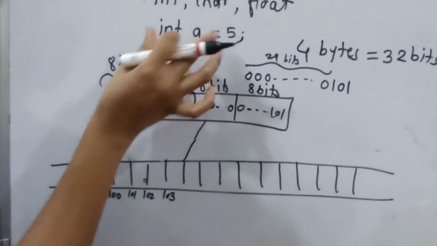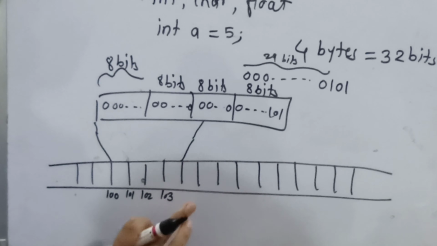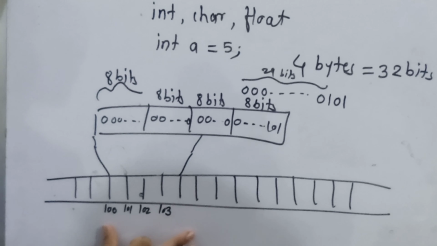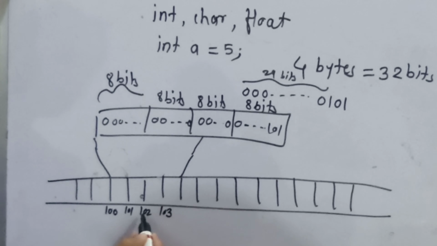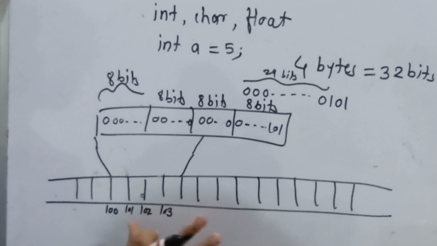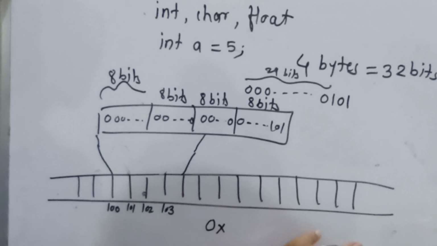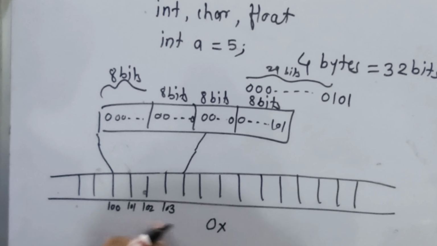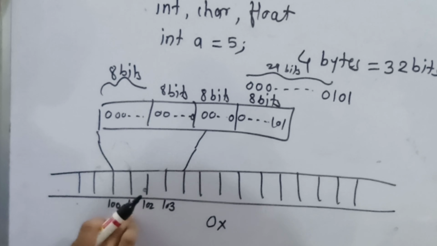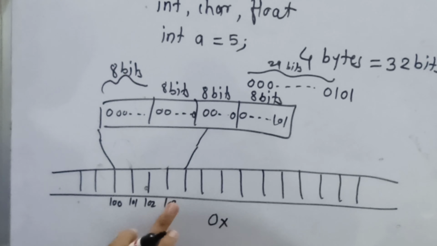So hope you have understood how the variable is stored in the main memory. Every time we store any variable or any value in a memory location, the binary value of that will be stored. And this 100, 101, 102, 103, I have just taken for understanding. Actually whatever the memory address is, it is present as a hexadecimal value, which always starts with 0x, followed by the other hexadecimal digits. But for our understanding purpose I have taken integer values like 100, 101, 102 here, and in such a way the integer is stored in the memory location.